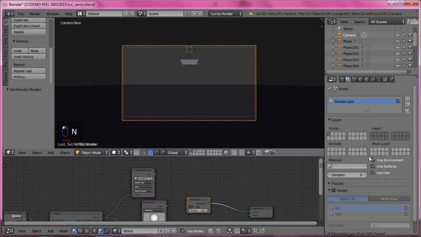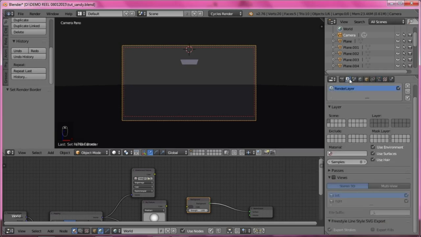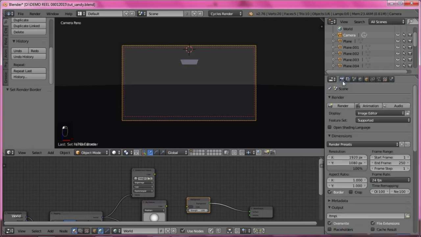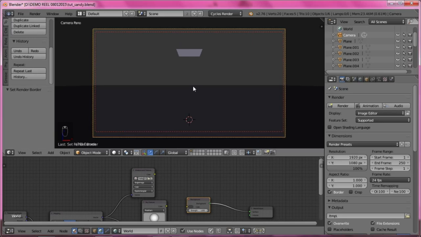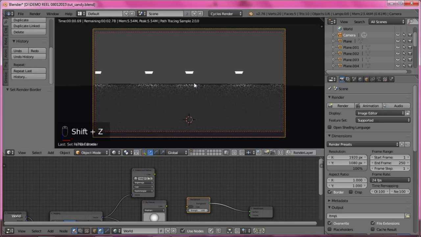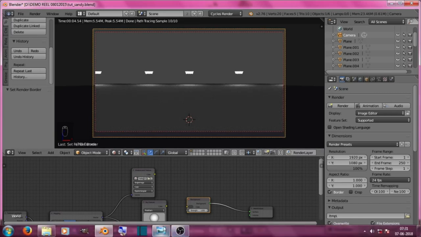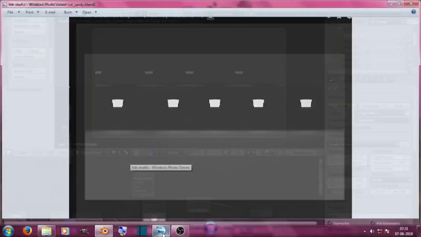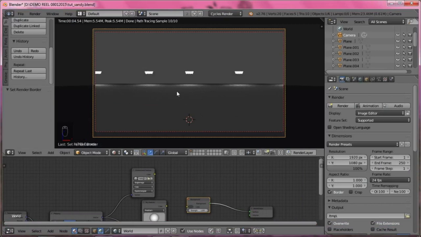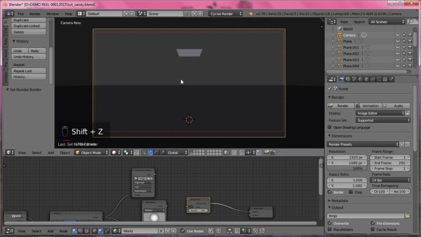so let's go. Now go to the render view. It's okay. This is like an HDR map, just like this. This is the HDR map in the render preview mode. So again hold Shift plus Z